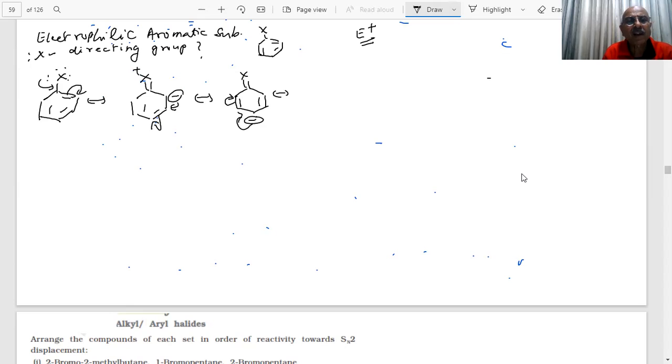So you can see what is happening. Ortho and para positions are becoming rich in electron density. There is an increase in electron density at ortho and para position. What is this effect, student? Plus R effect